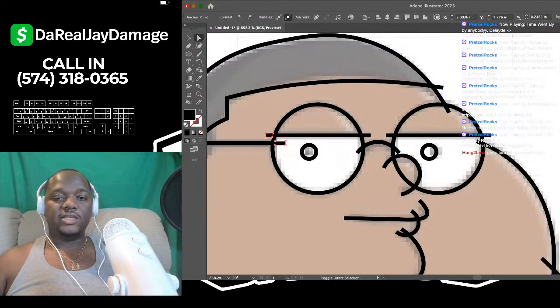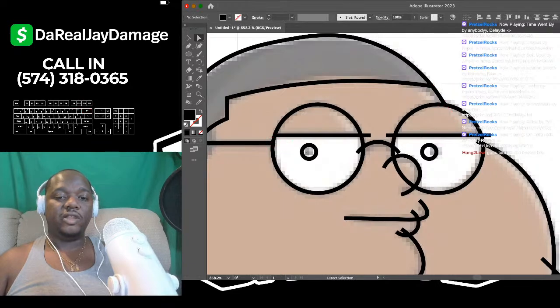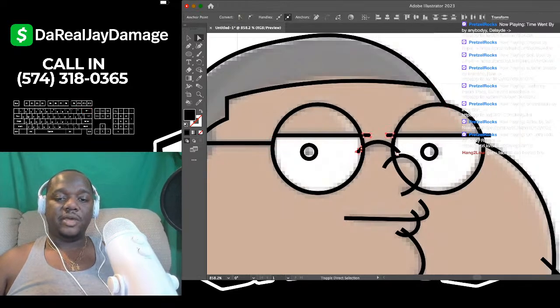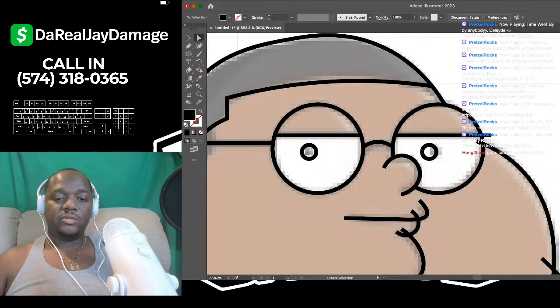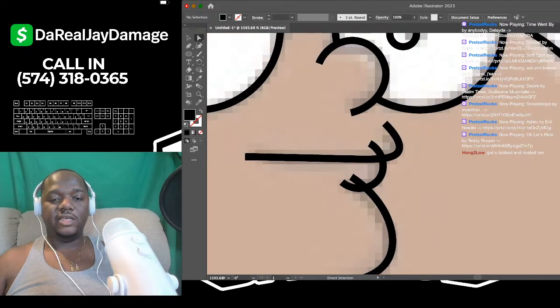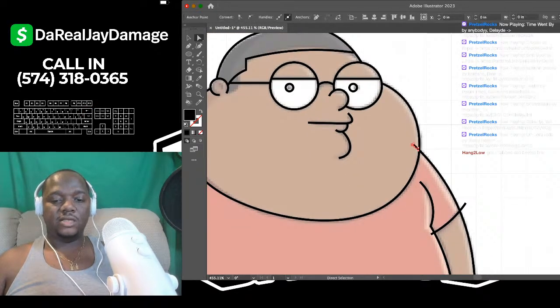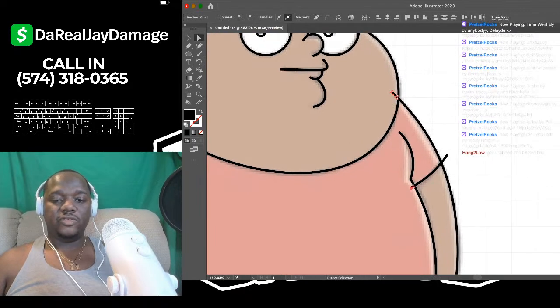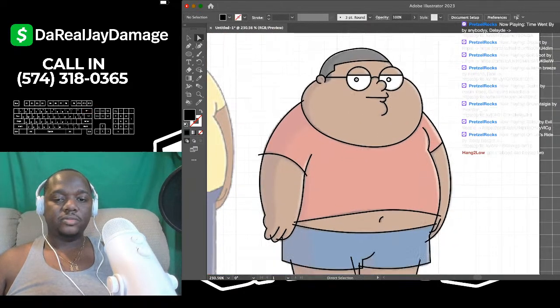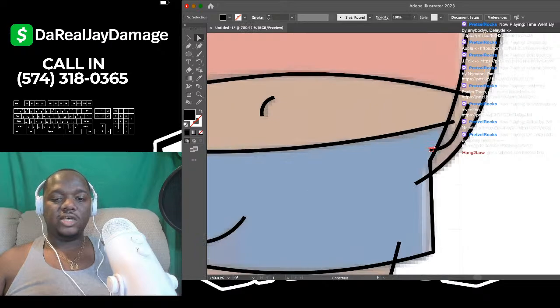All those lines that we overlapped, this is if you overlapped it. If you didn't overlap it, you're completely fine. You're actually a step ahead. The only reason why we overlap is to make sure we get our lines as clean as possible. When you overlap the lines, you're protecting yourself. It's like insurance. Just in case you mess up, you have already put in your insurance for those clean lines.